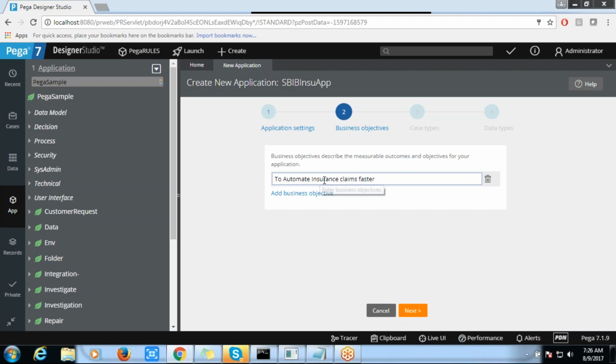This is just descriptive. This is not going to impact or do something within your application. If someone wants to see that particular application and what it is, they can just go to the objectives. Okay, it's just descriptive. So if you want to give certain business objectives about this particular application, you can add them one by one.